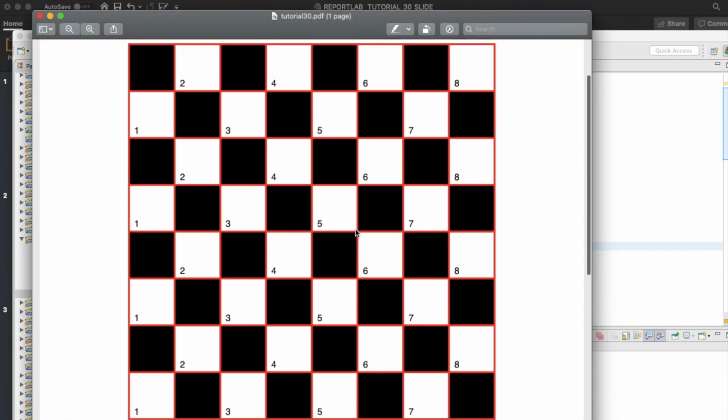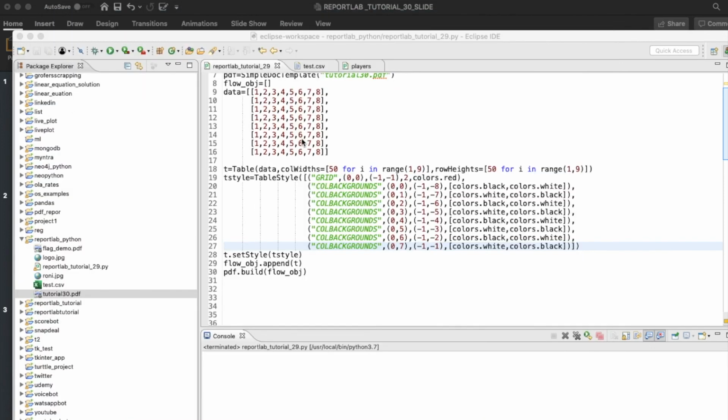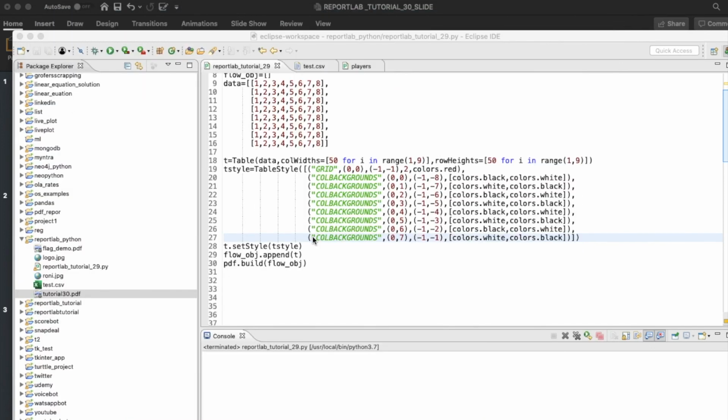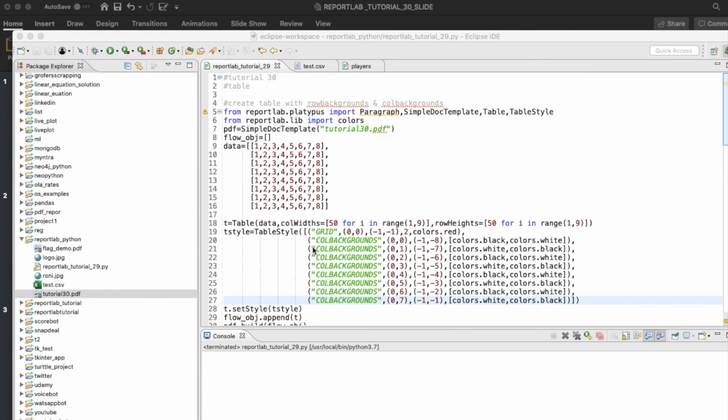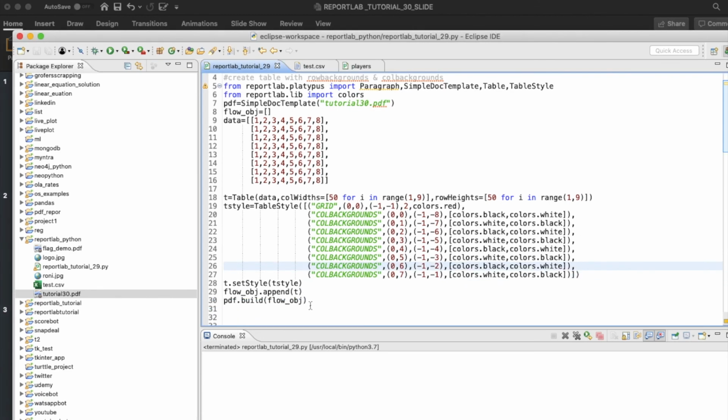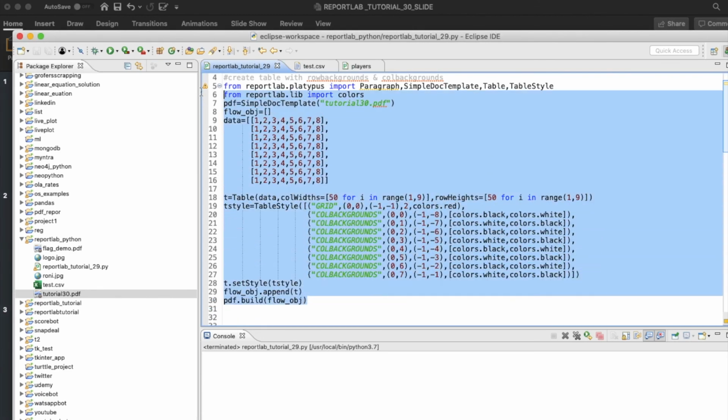Okay, so this is our chessboard. So guys, don't take it lightly. You can do many things with this. You can take a printout and start playing chess immediately. So I'm just joking. So this is how it is. Well, jokes apart, this is how we can create nice looking design or dashboard using the PDF, ReportLab library, and table structure. Okay, so let me just quickly take a copy of this thing,